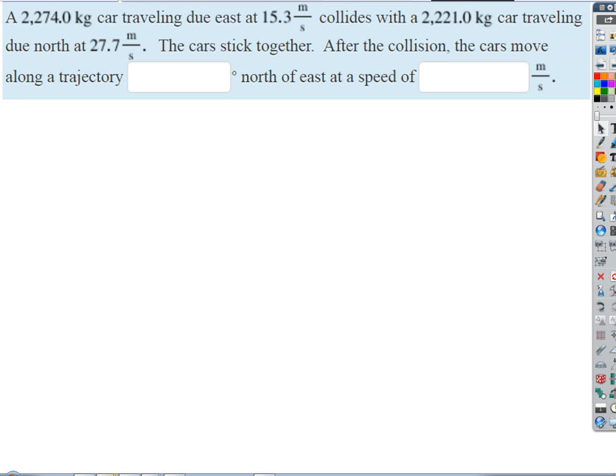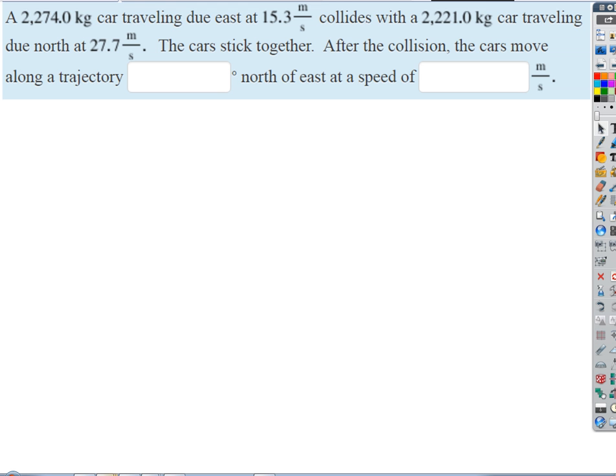So we did some simple examples of that earlier in the chapter where we had objects moving all in one direction, right? Moving along the line. But this is where we step out and we add the vector stuff to this, right? So now we're going to look at conservation of momentum in 2 dimensions, right? And what helps us here is that if momentum is conserved, then all aspects of momentum are